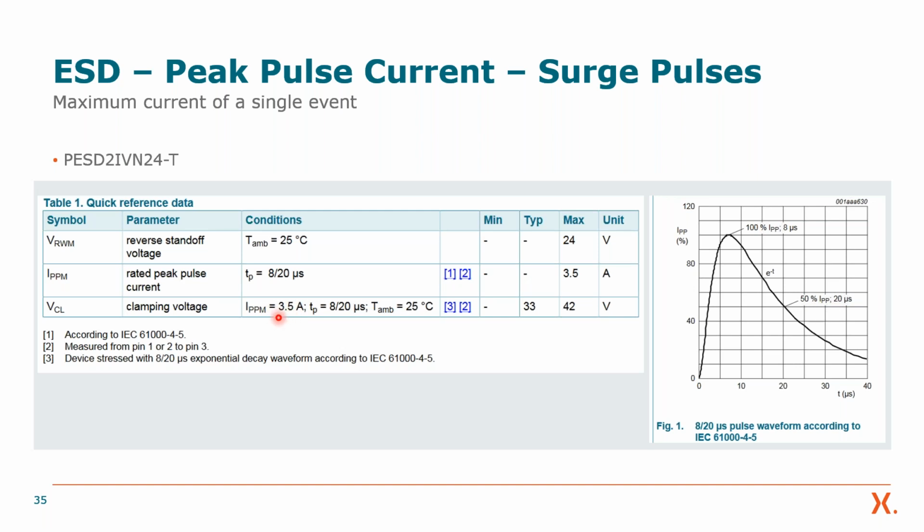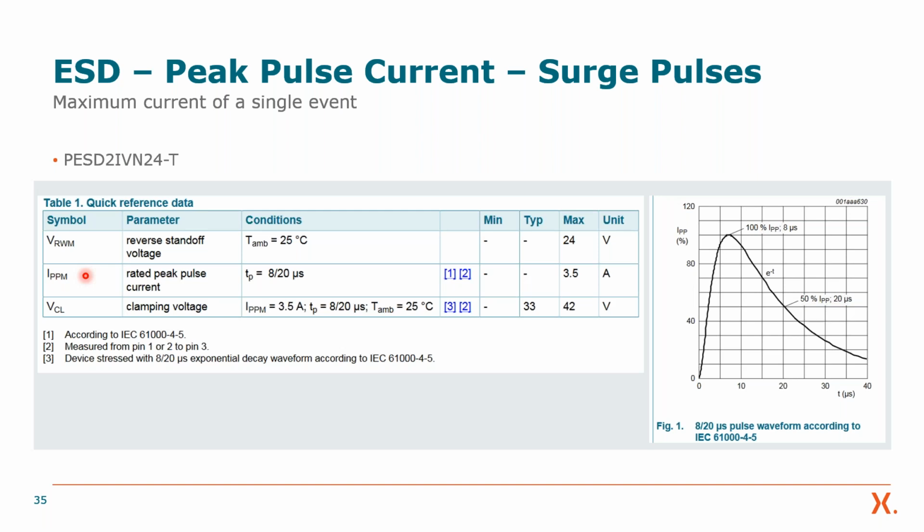The 3.5 amps are coming from the maximum current the device can survive. So very often you are looking at the maximum current the device can survive with respect to this pulse, because it gives you an understanding how much energy the ESD protection device can bring to ground without being destroyed itself. So the higher the maximum current, the more robust the device is also against rather slow and high energetic